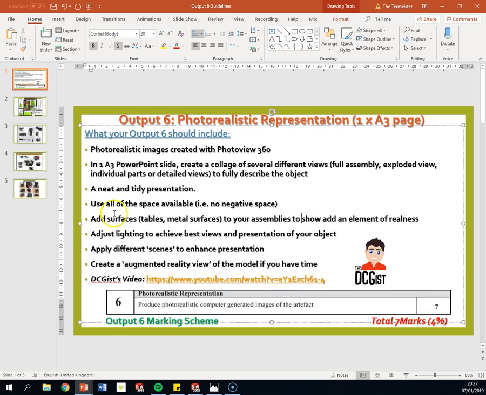Try to use as much space as possible. We can add surfaces like a table or a metal surface or a plastic surface or anything you want. We can add that into your assemblies to increase the realness. We can mess with the lighting to capture certain curvatures of the objects, make the light shine on it a bit better. We can apply different scenes to get a nice background rather than a bland grey background. You can even use the augmented reality thing that I showed you, that you can do with your